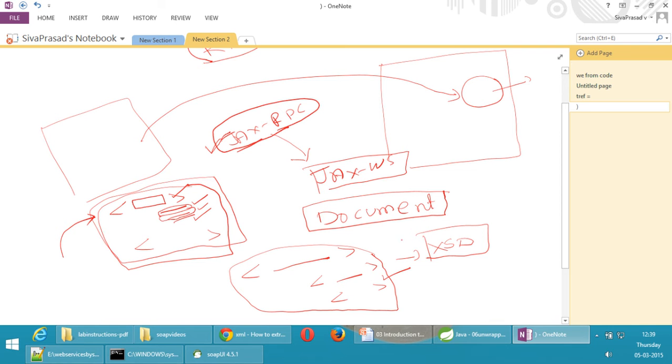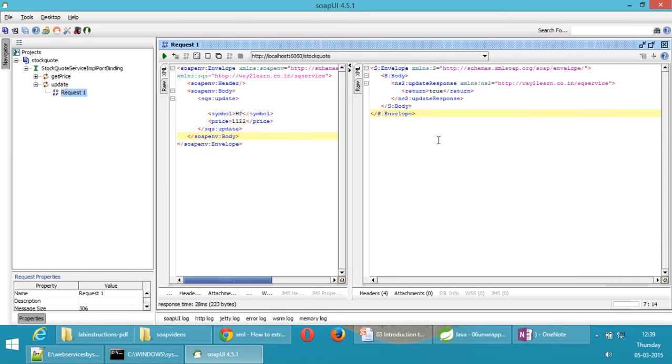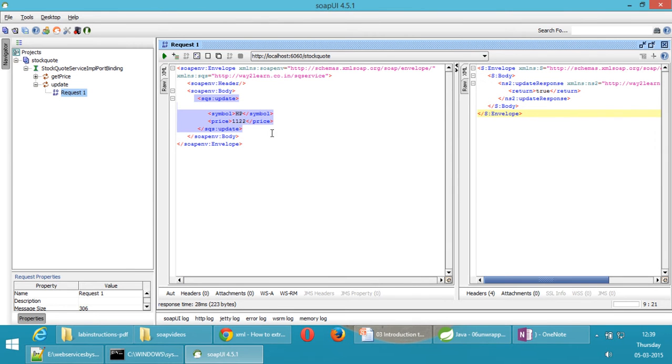But in document style web services, we have a schema. And what is the advantage then? If the incoming XML has a schema, when the XML is sent by the client and comes to the server, even before invoking our logic, we can validate whether the incoming XML is according to the schema or not.